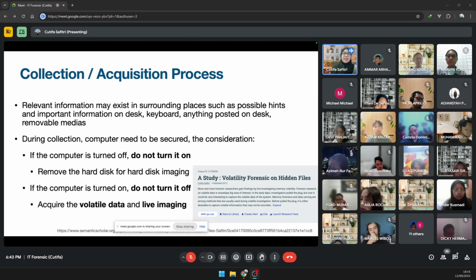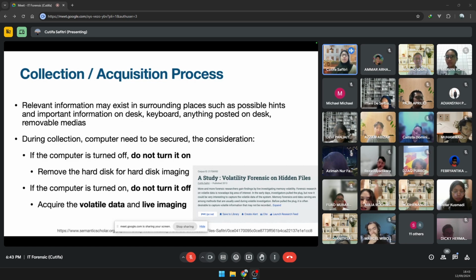And then the possible hints, such as information on the desk, the keyboard, anything posted on the desk, and removable media. So, for example, if you collect a laptop on the table, and on the table there is a locker, you might want to check the locker. What are the odds that the laptop is password protected and the password is in the locker?